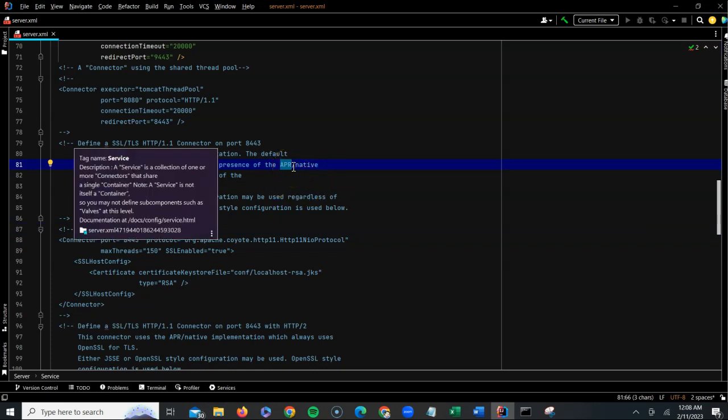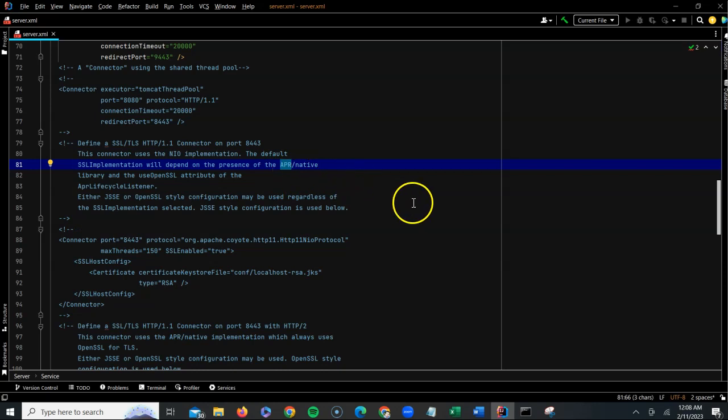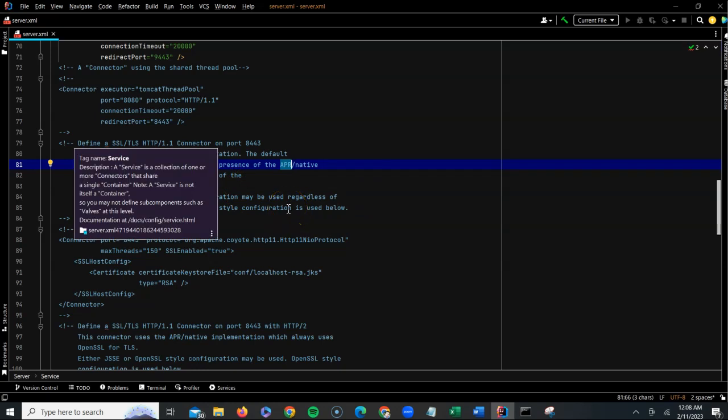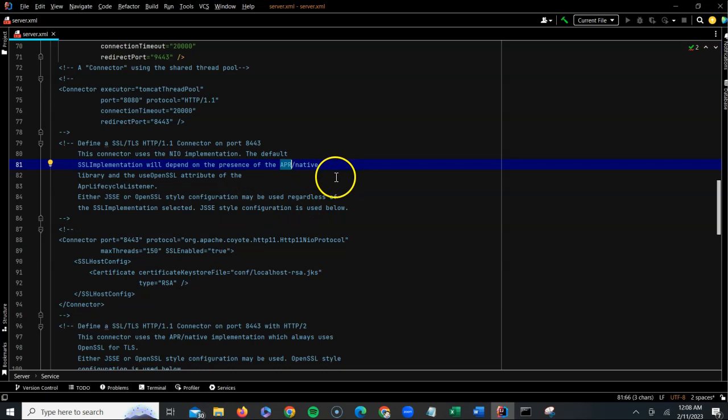APR stands for Apache Portable Runtime. The major difference between these is that JSSE is Tomcat's default, and that is what we'll be using here. However, if you use any other SSL, for example OpenSSL, then you will be going for APR. Don't bother about that right now, just understand this is where you will be enabling the